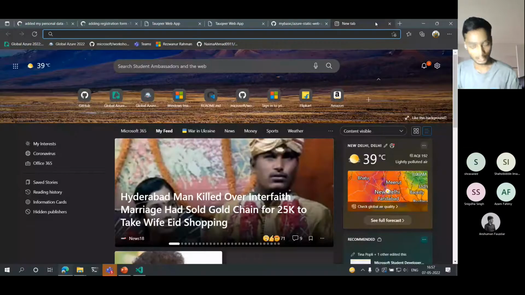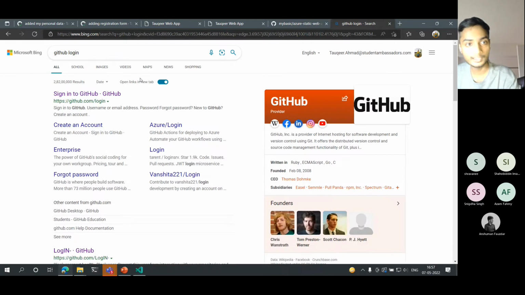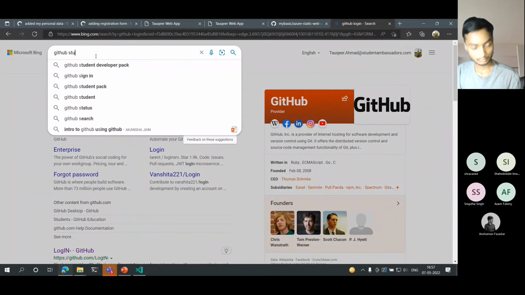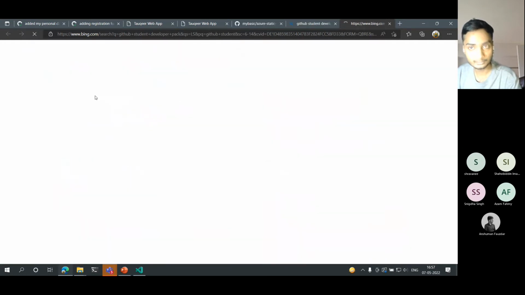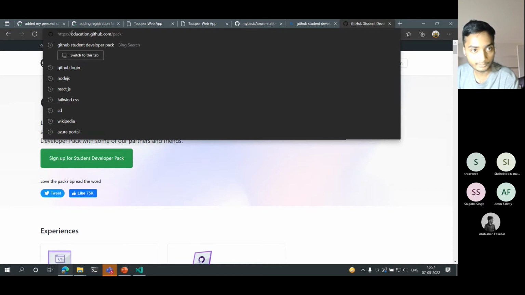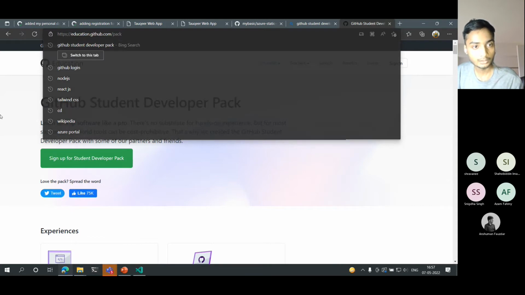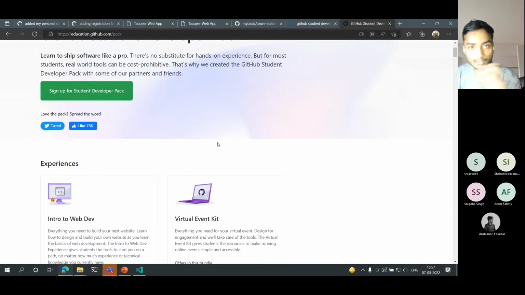So yeah, before moving on, I just want to share something with you. I'm sharing my screen again because it's important. How you people will get the Azure part, because it's not free for all. We are student ambassadors getting 10,000 per month as credit, but you cannot access it. So you go over this website, education.github.com, and you will see the GitHub Student Developer Pack, and it is clearly available for you all, the Azure part,